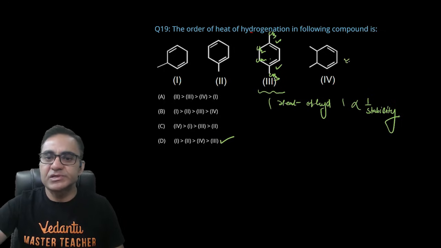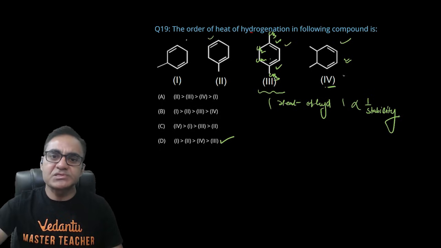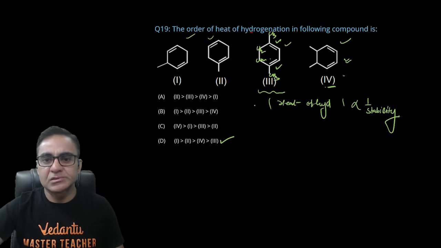देखो ये है कॉन्जुगेटेड, तो सेकंड लास्ट, स्टेबिलिटी की बात करें, हीट ऑफ हाइड्रोजनेशन की बात करें तो सेकंड लास्ट ये होगा, क्योंकि ये भी कॉन्जुगेटेड डाइन है, ये भी कॉन्जुगेटेड डाइन है, ये दोनों आइसोलेटेड डाइन हैं, तो थर्ड सबसे कम हीट ऑफ हाइड्रोजनेशन, उसके बाद सेकंड लास्ट पोजीशन पे फोर्थ आ जाएगा।